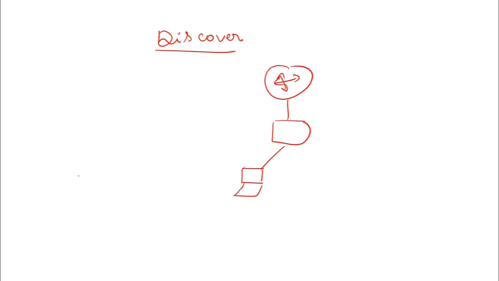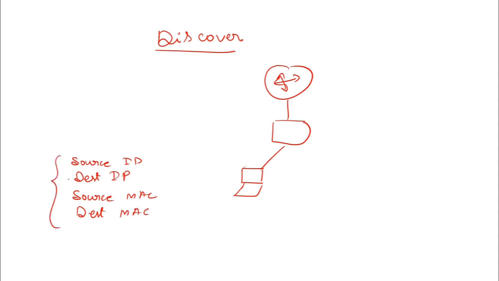It has some information like the source IP, destination IP, source MAC, and destination MAC, right? And this information is broadcast to our whole network.